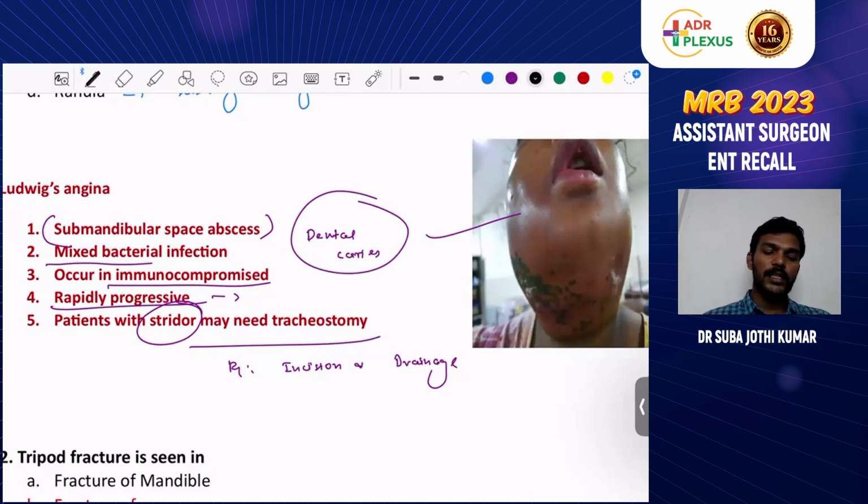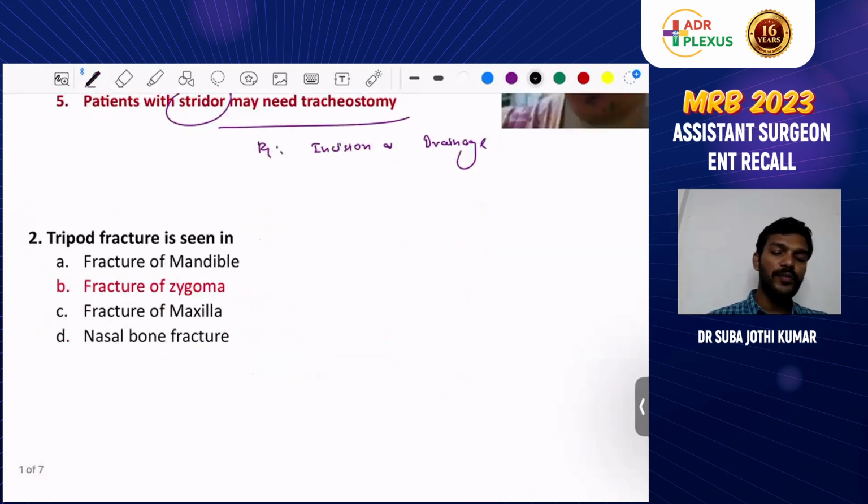Clear? The next question: tripod fracture is. Tripod fracture is nothing but fracture of the zygoma, because it is a junction of three bony points. So if it is fractured, it looks like a tripod. Okay? The other options are fracture maxilla and fracture mandible. The important point is